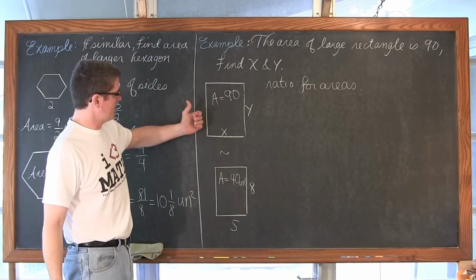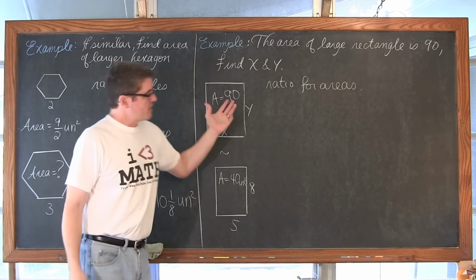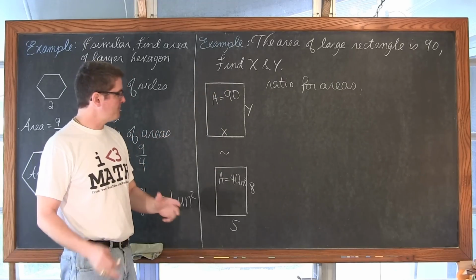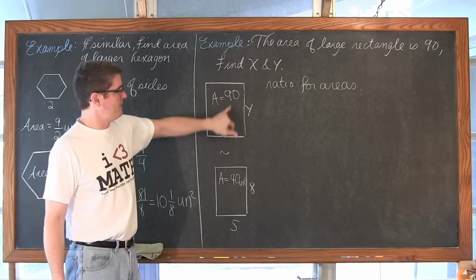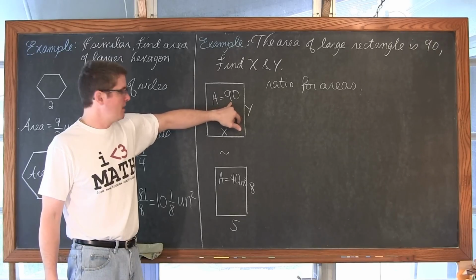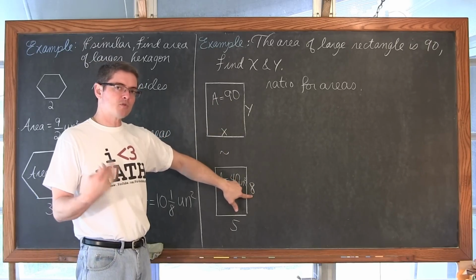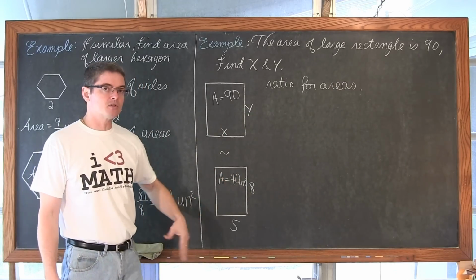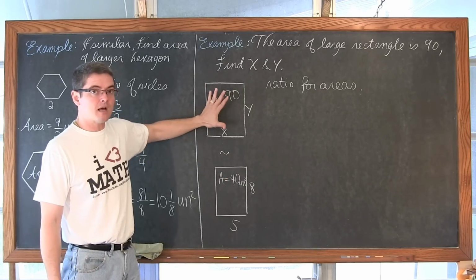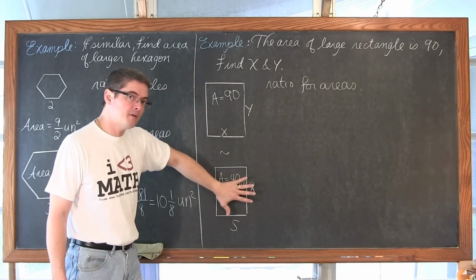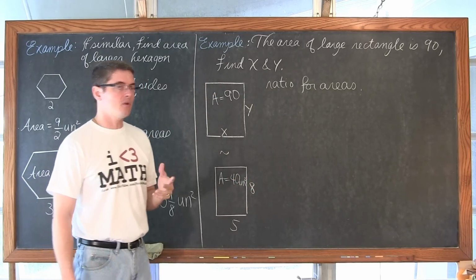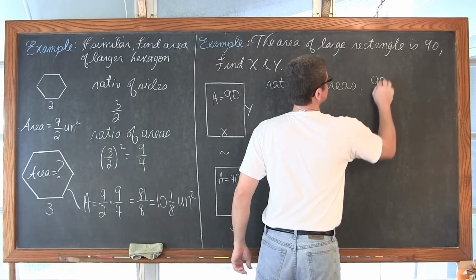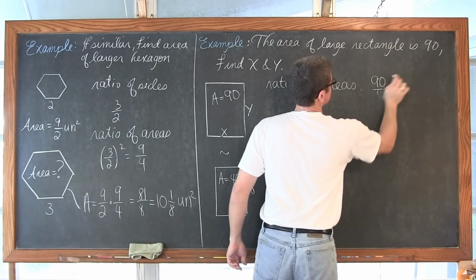Let's see here. Now again, do I want to do this as 90 over 40 or 40 over 90? I can work with both, but I need to find x and y of a larger rectangle. So again, I'm ultimately going to find a multiple of change, or a scalar multiple, to turn 8 into y and 5 into x. Well, I need to multiply by something bigger than 1 because I want to take these measurements from the smaller figure and increase their length for the larger one. So I'm going to do 90 over 40.